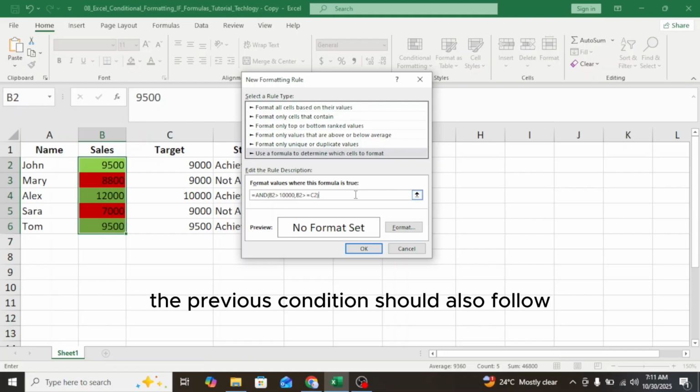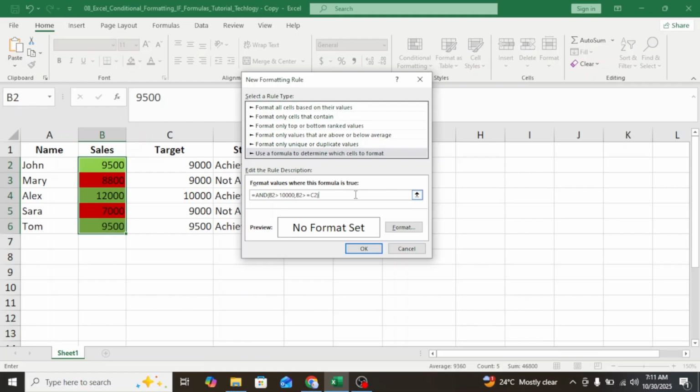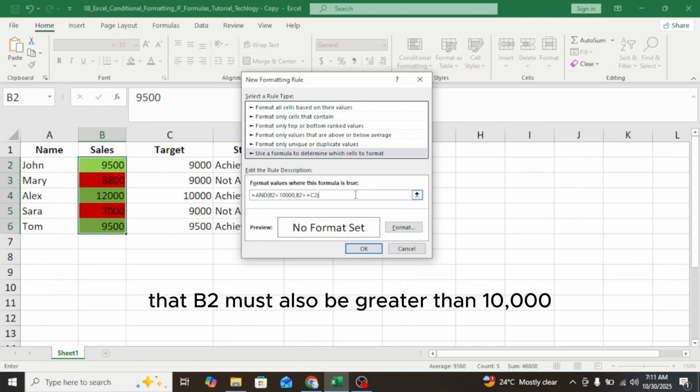The previous condition should also hold, but there is an additional condition which has to be checked by Excel: that B2 must also be greater than 10,000.